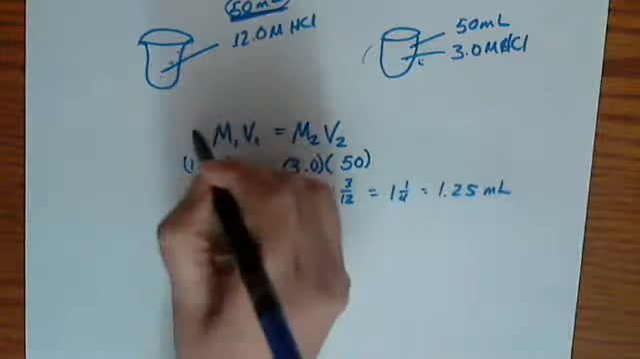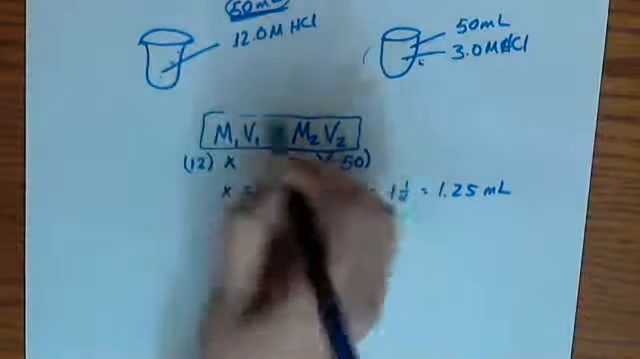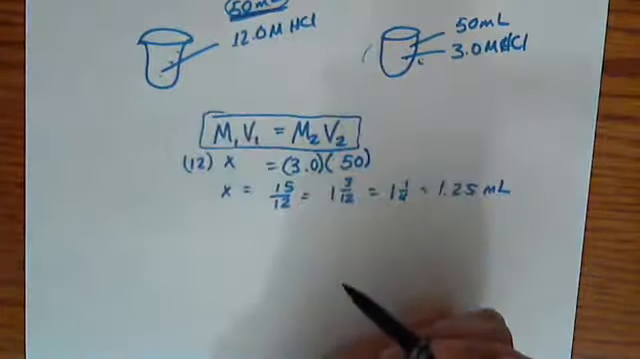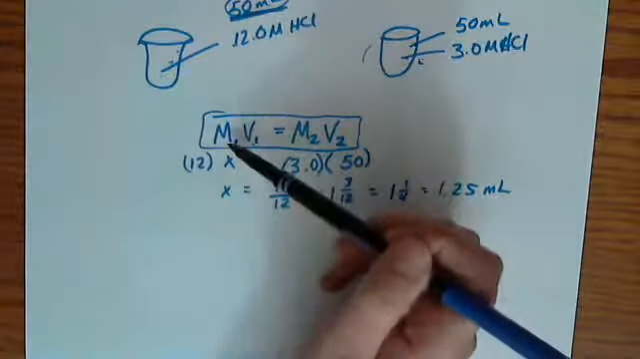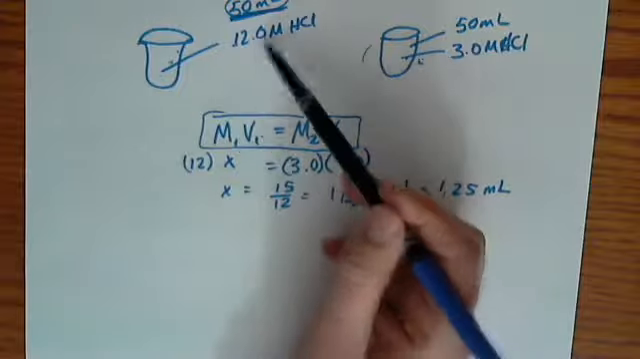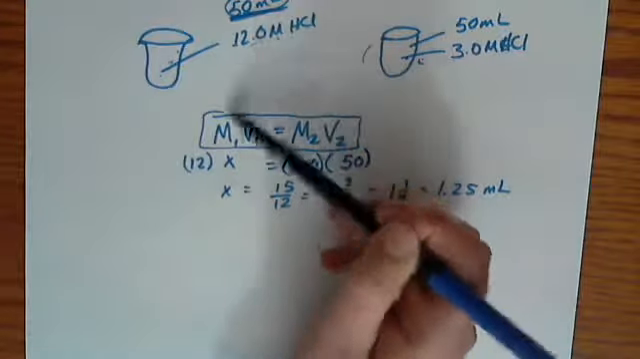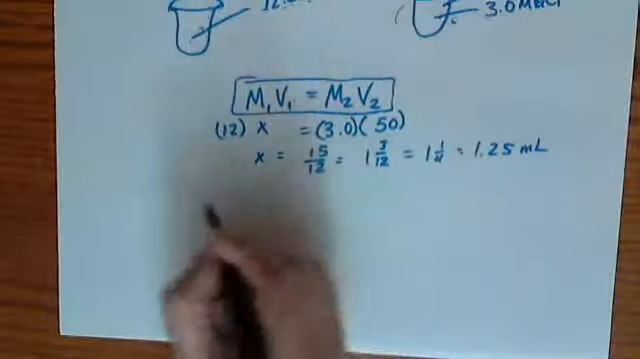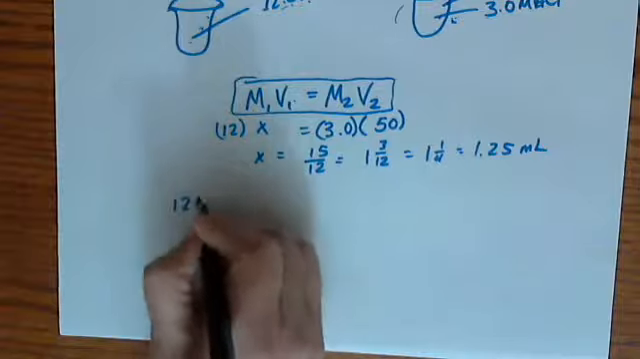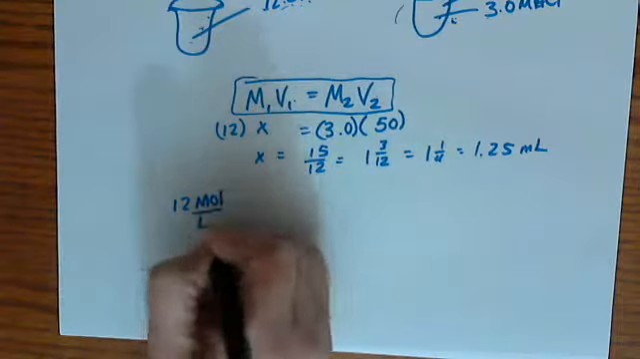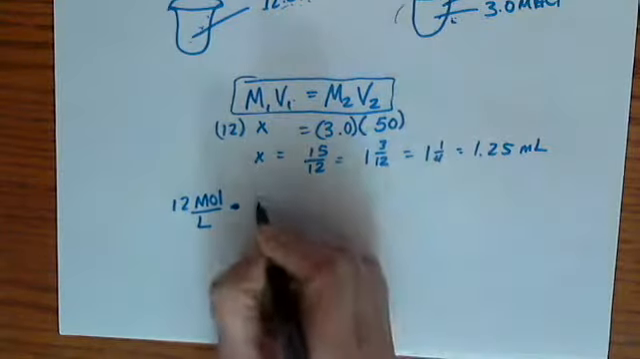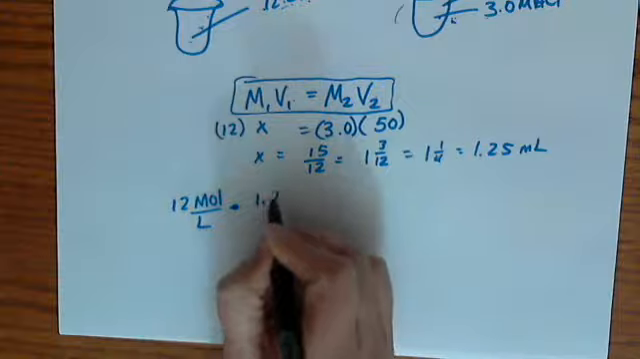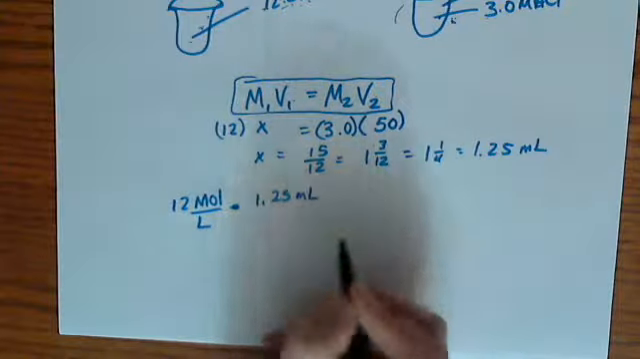Why does this work? This is an interesting little thing, this dilution equation, right? Well, how does this work? If we think about it, the amount that we take out of here is going to be the volume, and it's 12 molar concentration. We can't really change the concentration that it already is, right? But we can say that if I have 12 moles per liter, and I want to take 1.25 milliliters, 1.25 milliliters,